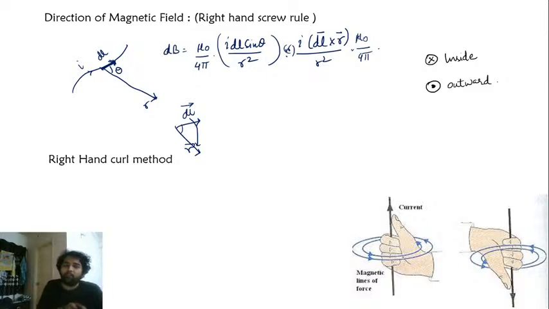So if you are actually pressing it like this, just give me one moment, I need to see. Okay, so the direction of dl vector is like this, right? And the direction of r vector is like this. So you do dl cross r. So what is the direction you're getting? You're getting the direction inward towards you.